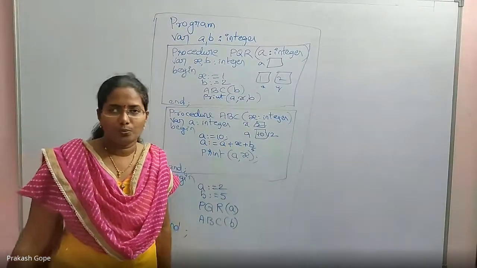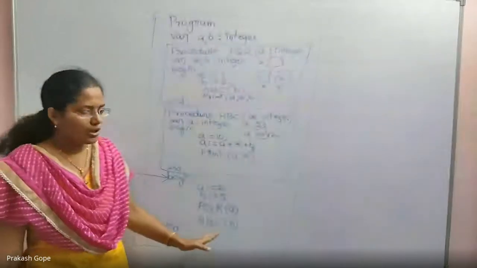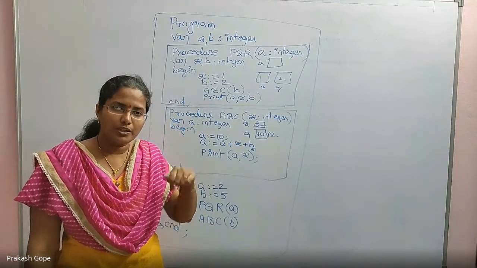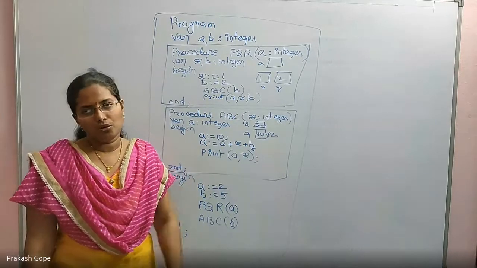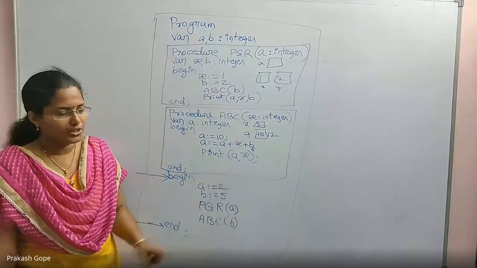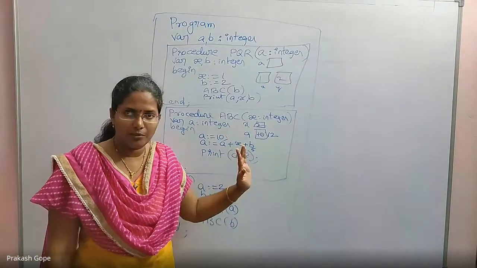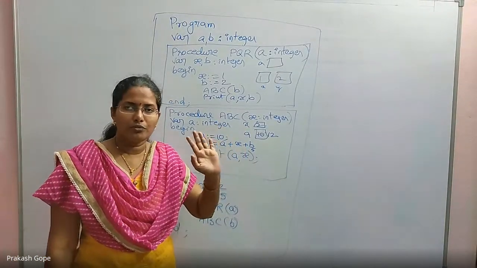This is static scope. So in the question, they will give you the code like this. First question is, what is the output if you follow static scope? Second question, what is the output if you follow dynamic scope? Okay, static scope says, whenever you access a variable, first you go for the locally declared variable. If it is present, fine, no confusion at all.